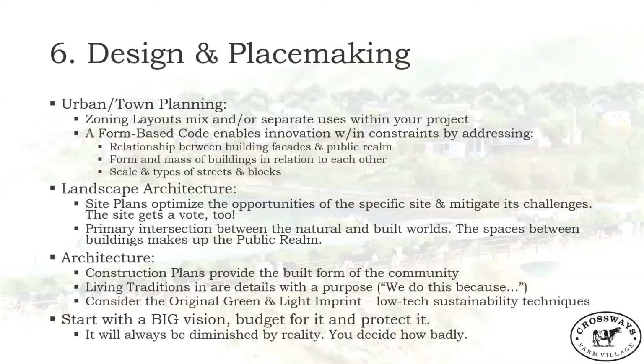Okay, design and placemaking. This is where you guys are probably most comfortable. But like I said, this has really been going on throughout this project. It's not just stage 6. And bear in mind, these next 2 stages, which are design and placemaking and then civil engineering,